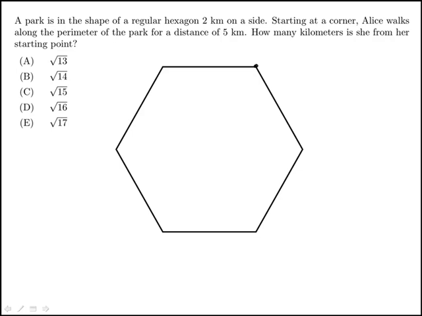So I'm going to say that Alice started at point A, and then she's going to walk 5 kilometers. So this side, that, and then she'll be halfway on that side. So we need to find this distance between point A and B, because that's a total of 5 kilometers along the perimeter. So the key thing with these types of problems is to break the figure down into triangles